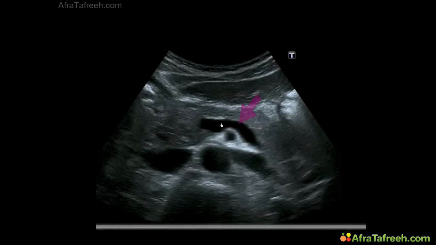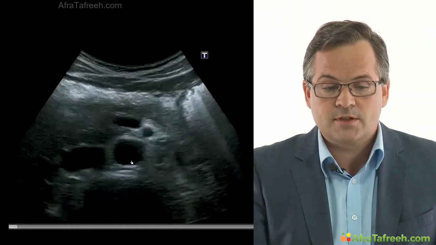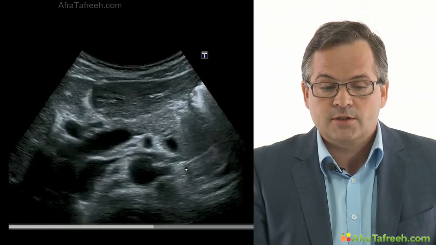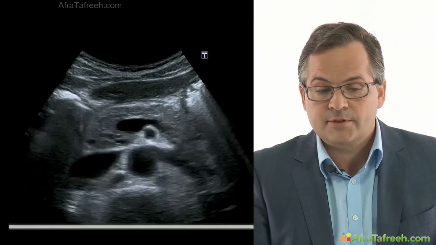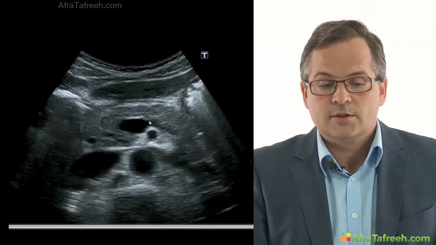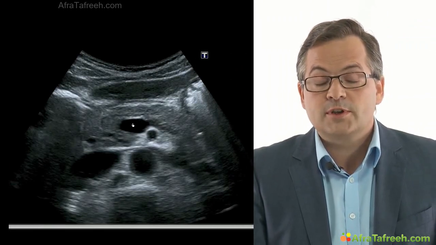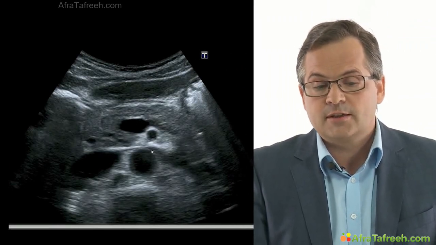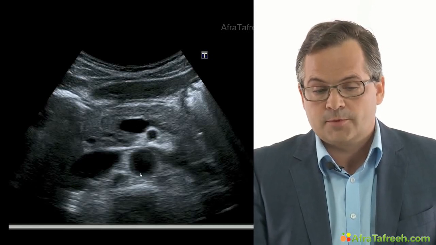Now we look for the veins of the upper abdomen, and we can detect the splenic vein over here, the renal vein over here, which drains the blood from the left kidney to the IVC, which is located over here. So we see in the video the aorta, the course of the left renal vein, the splenic vein more in the near field, and again the arteries we already know, abdominal aorta